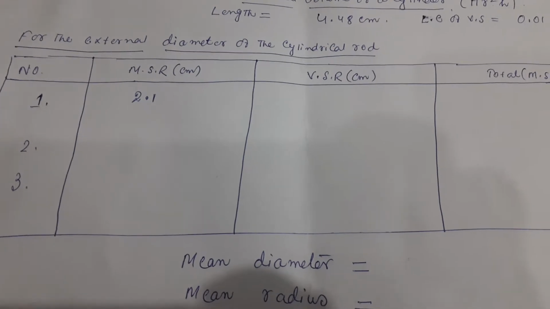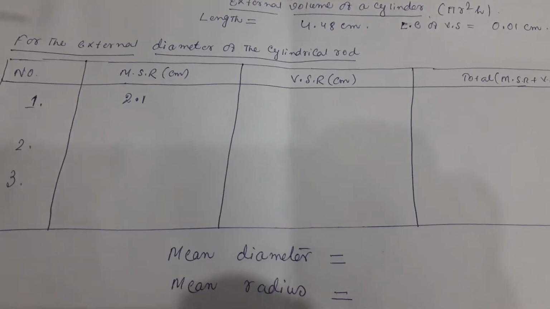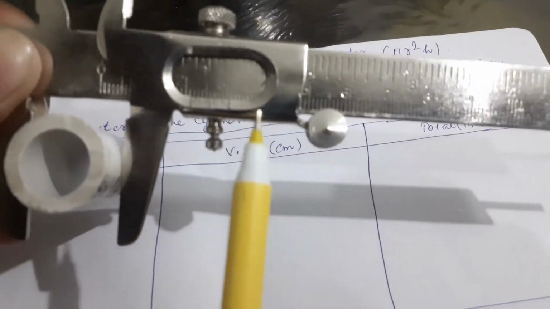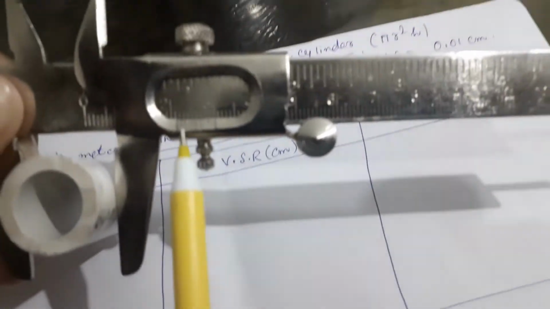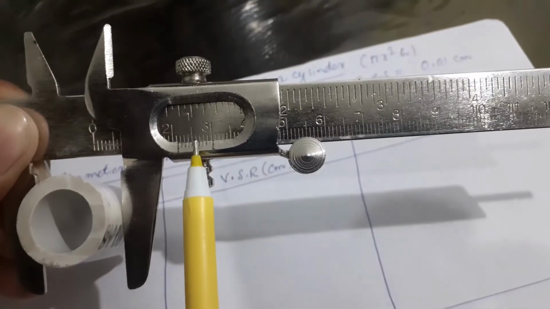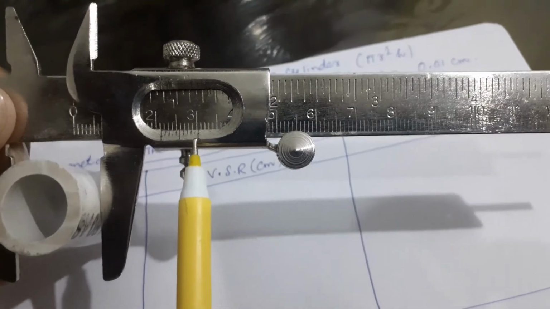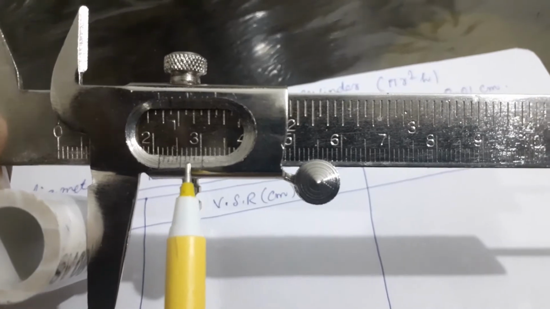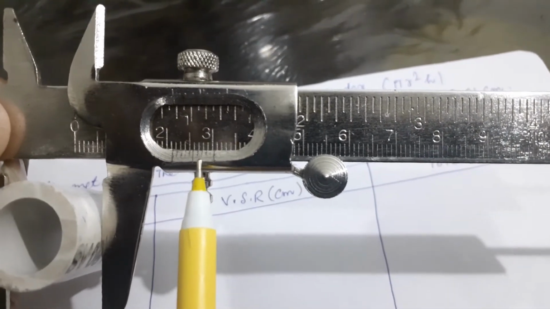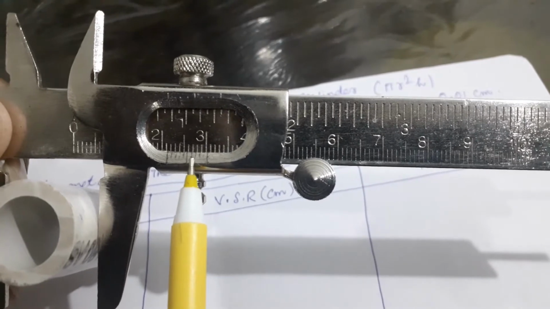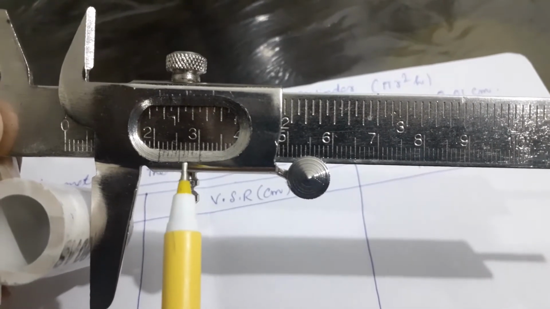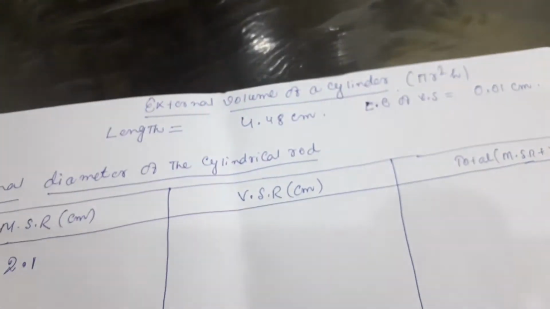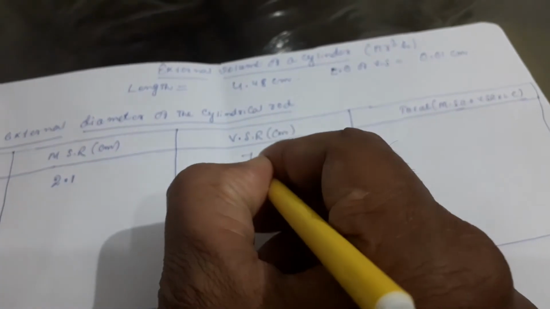In centimeter we are getting this one. Okay, next we have to see which line of this vernier is actually coinciding with the main scale. If you see properly, this is the 10th one, then 9, then 8, then the 7th one. So I can see from here that the 7th line is exactly coinciding with the main scale. That means the 7th line of the vernier is exactly coinciding with the main scale. So the vernier scale reading will be 7.